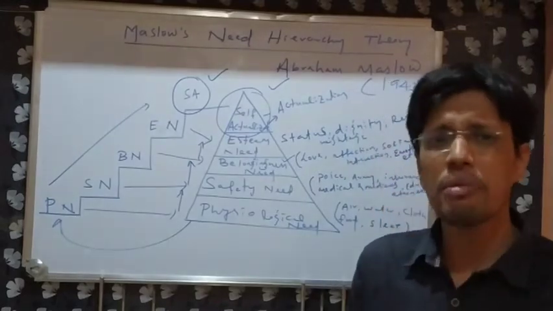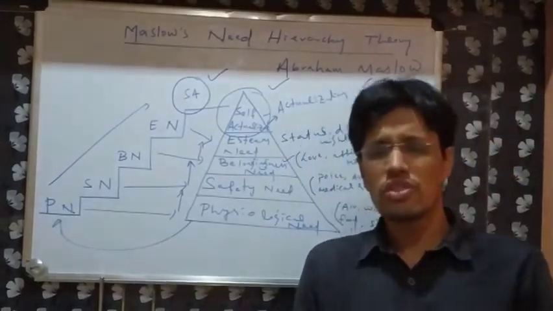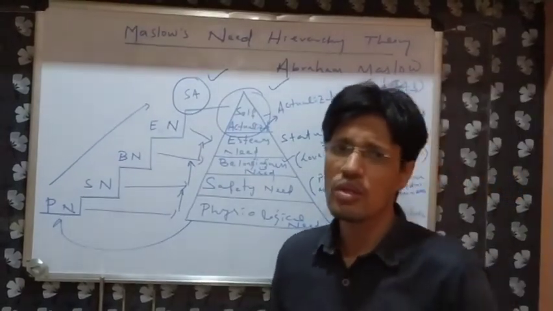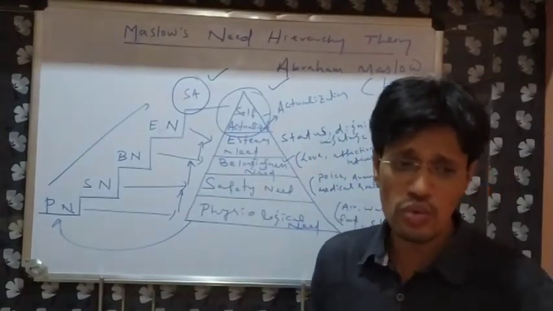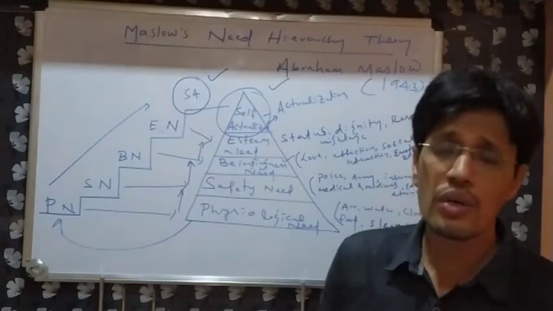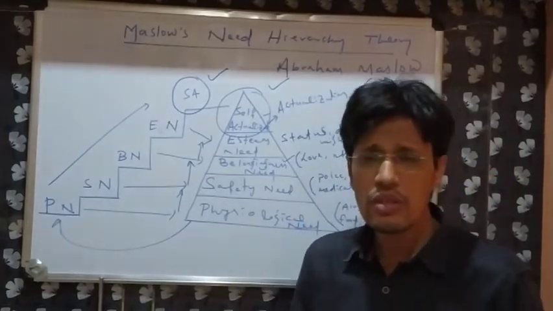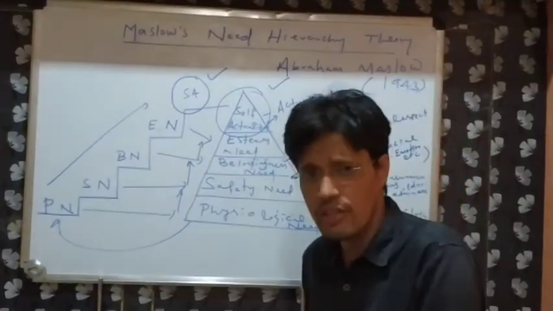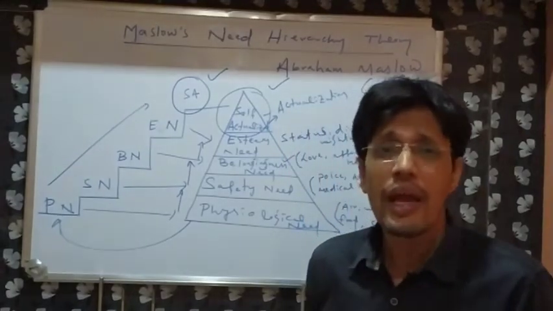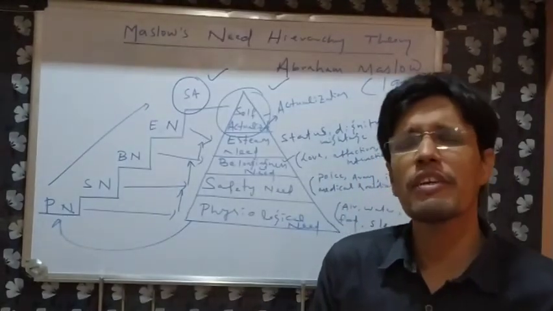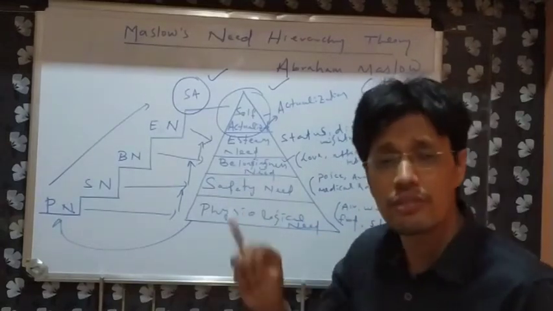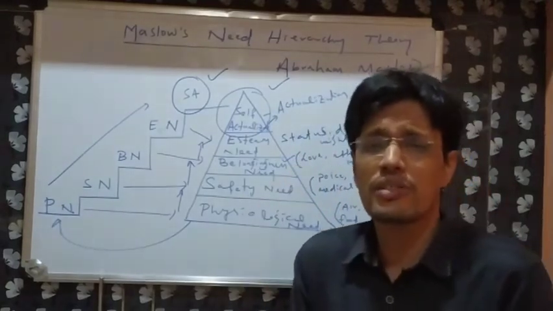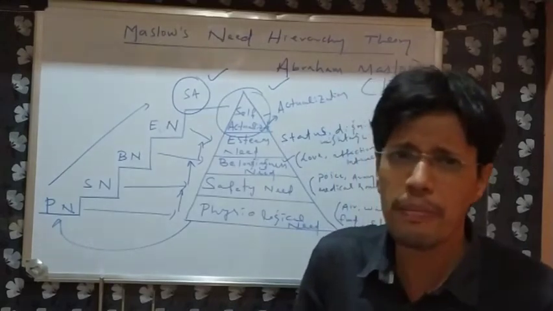For example, a person who just joined an organization belongs to a very lower class economic background, so he doesn't have money to support his family. For that reason, he will join. He is desperate to get a job, and finally he joined a company and started working. So he is definitely looking for a physiological need. So he definitely gives his 100% in order to secure his job.